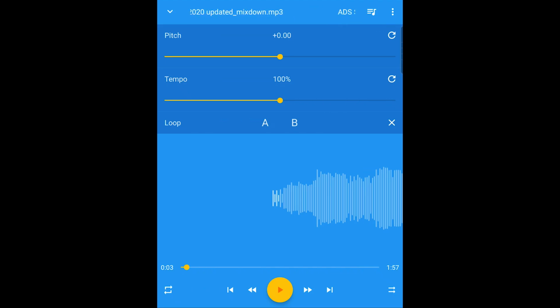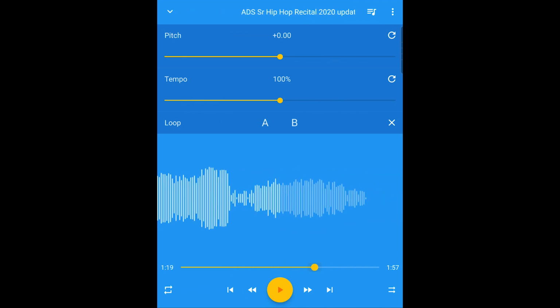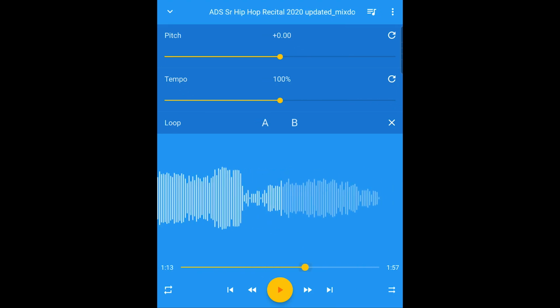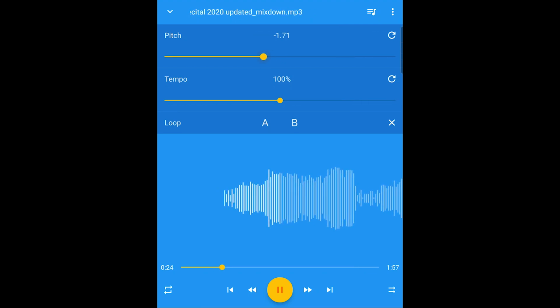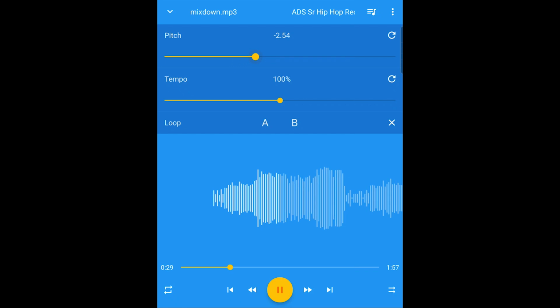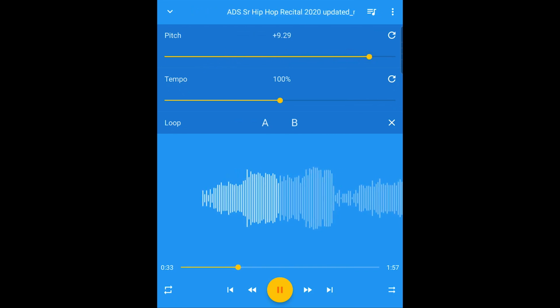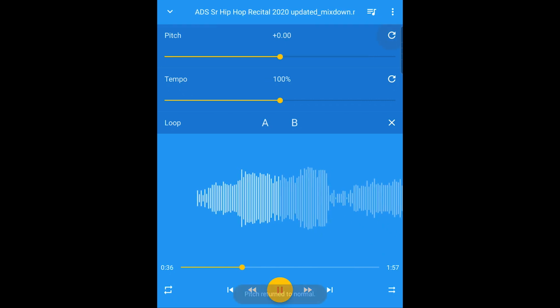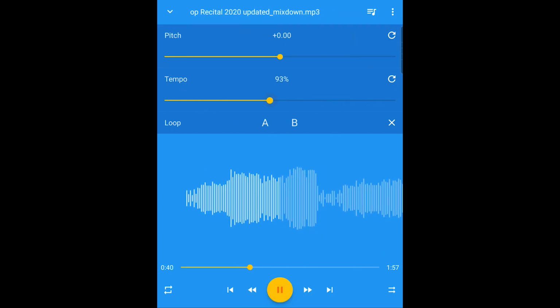Now it's very easy to go back and forth in the song. All I need to do is drag my finger across and you'll see there, or I can pull the little line at the bottom. As I'm playing it, if I want to change the pitch, all I need to do is drag it. And I can always hit reset. Same thing with tempo. If I need to slow it down,